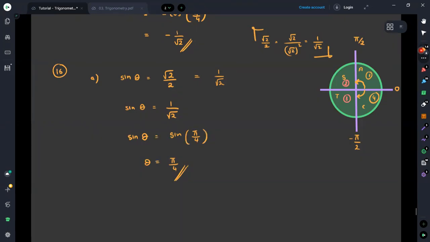Here we are not considering the general solutions. Here we are taking the specific solutions, because the region is given. In the particular region, we need to find the value of sine theta. Since sine is only positive in the first and second quadrants, but we have been given the first and fourth quadrants only, sine theta equals plus 1 over root 2 will definitely be in the first quadrant. That is why we take the value of theta equal to π over 4. Using the same concept, we can find the value for the next one: tangent of theta equals root 3.